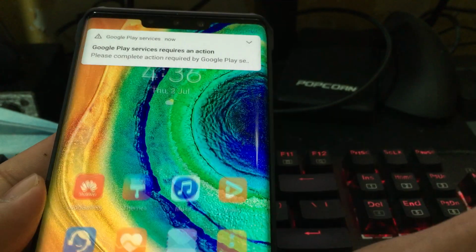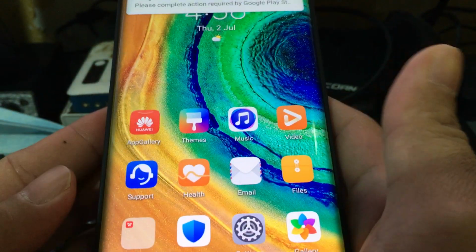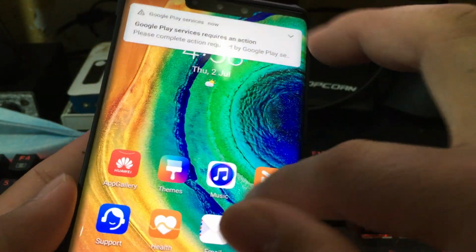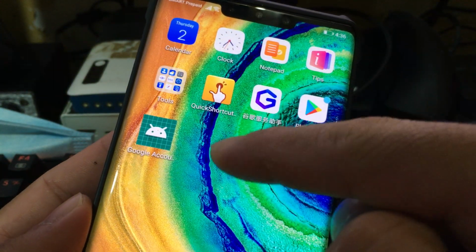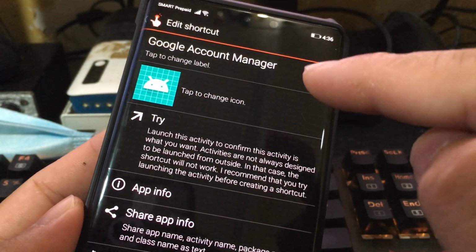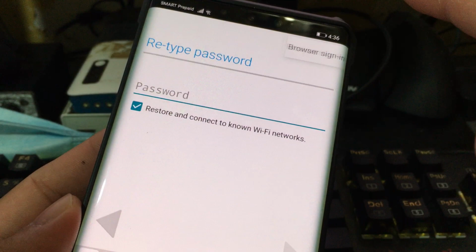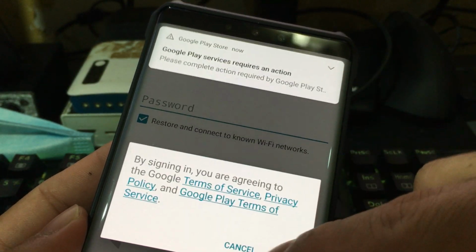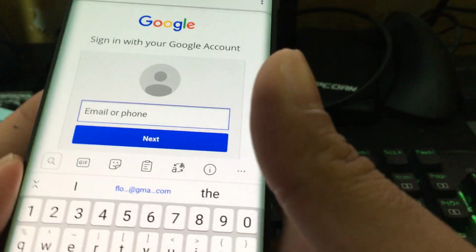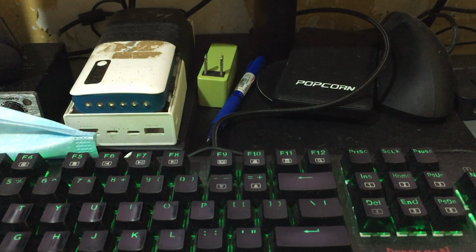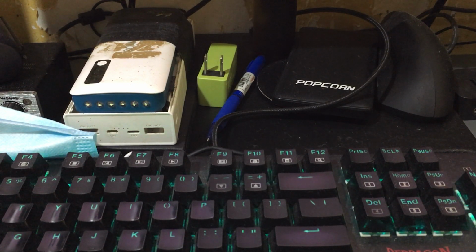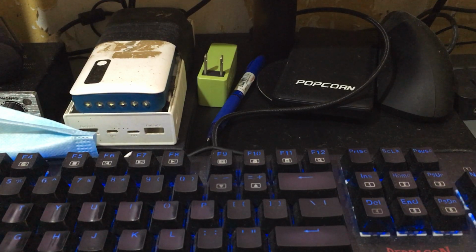And so now for those who wanted to add multiple accounts at this point, you just actually need to use quick shortcut maker again, say try, and then browser sign in. It's just the same thing. Okay, so let me just do the second one here just to show you guys how it works. I know some of us actually would want this to get done as quick as possible. Unfortunately, there's really